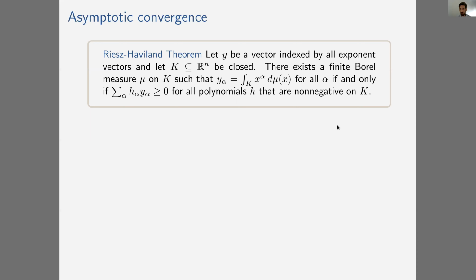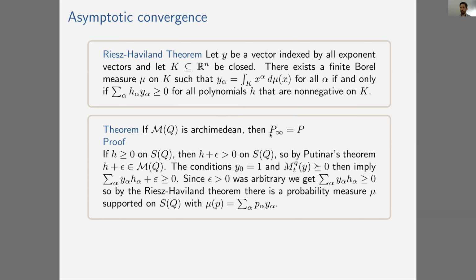And this is true if and only if, basically, pairing this sequence with any polynomial that is non-negative on K gives you a non-negative number. Okay, so how does this work? If M of Q is Archimedean, then we will show that P infinity is equal to P. We can do this also using Putinar's theorem that we saw yesterday. So if H is non-negative, we want to apply Riesz-Haviland. So if H is non-negative on the semi-algebraic set, then H plus